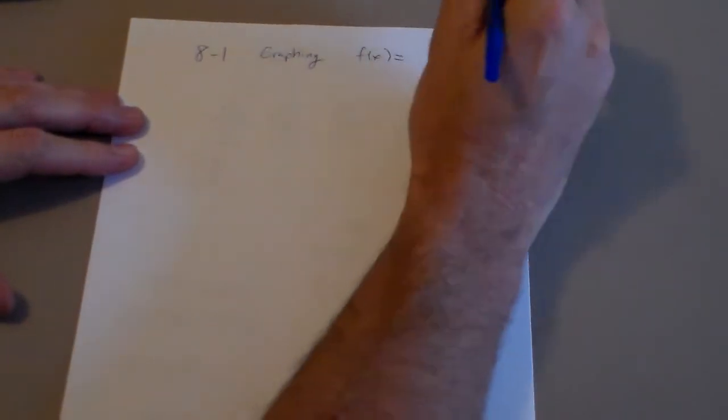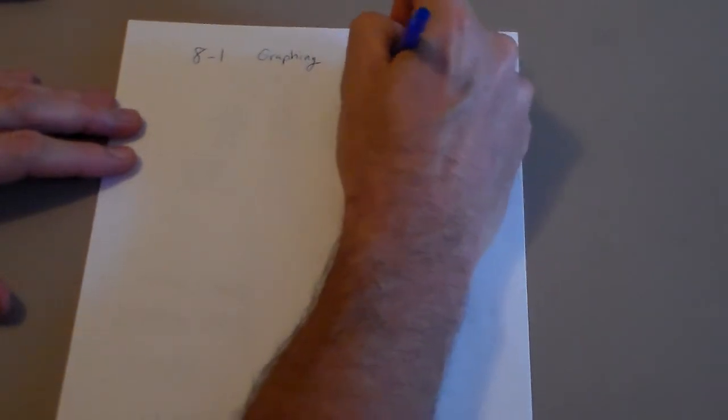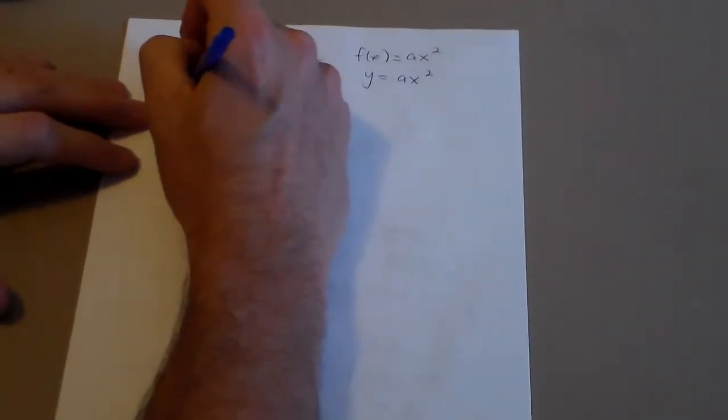f of x equals ax squared. Now I could also say it equals y equals ax squared. Either of those is okay there. Those two things are interchangeable. Okay? And we're going to graph quadratic equations. Now a quadratic equation, the standard form